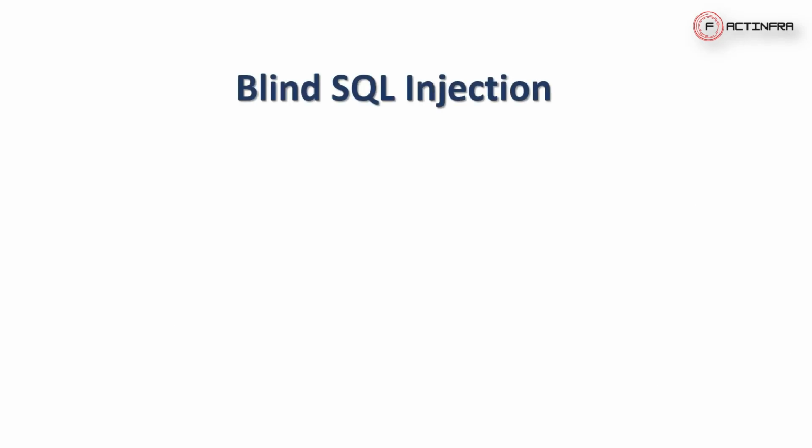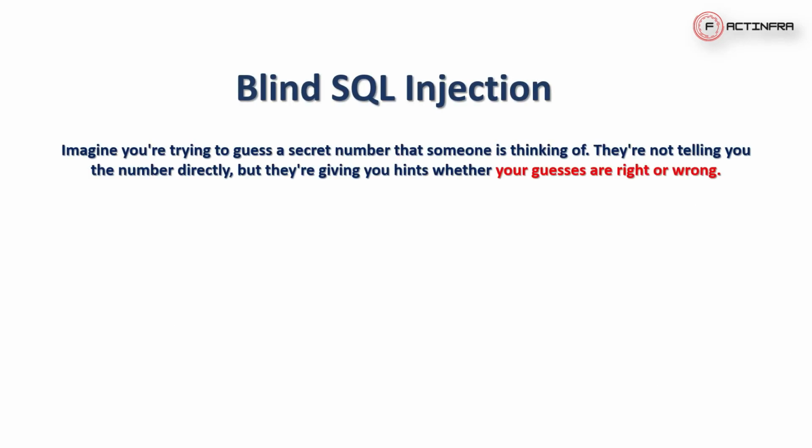So guys, moving forward, blind SQL injection. Blind SQL injection works if the traditional SQL injection is not working. This is another major part of SQL injection. In this injection, if we inject a malicious SQL query into the vulnerable web application, and the web application does not give a result in the application response, or we can't see our result directly in the response, then it is a blind SQL injection.